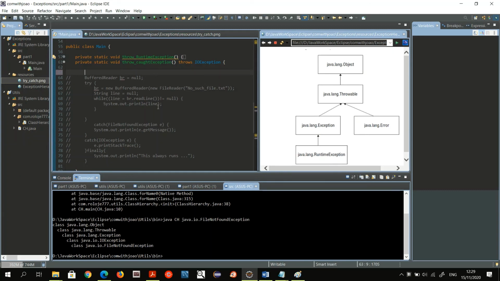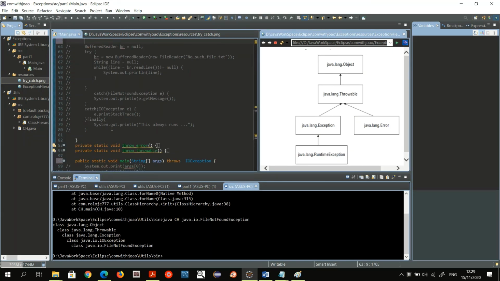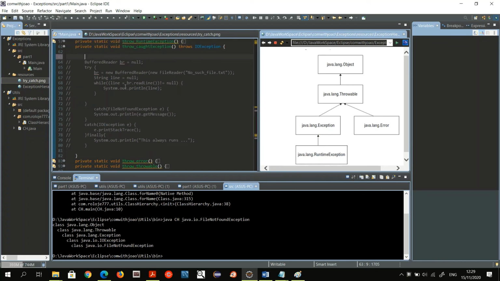So let's go back to our code. Let's try catch. Now I've got one here, and the finally I'm going to just add something. Because I mentioned try with resources, here's a little program, or not program, method that I've added in here. And what I want to add here is